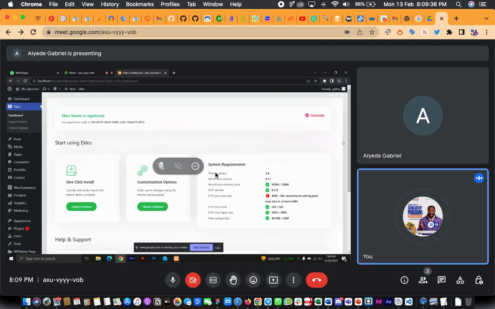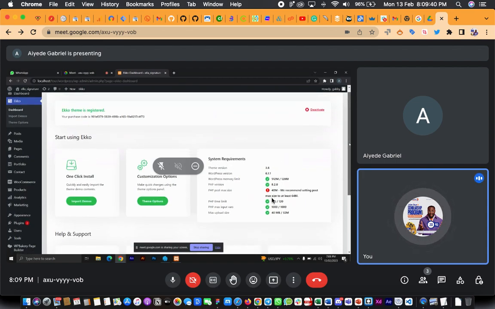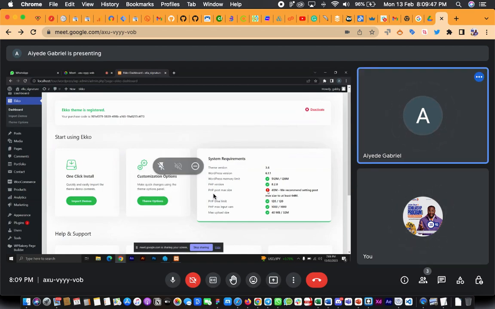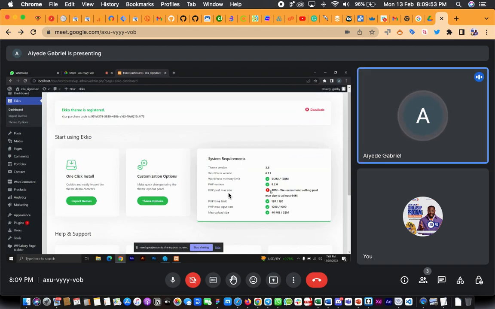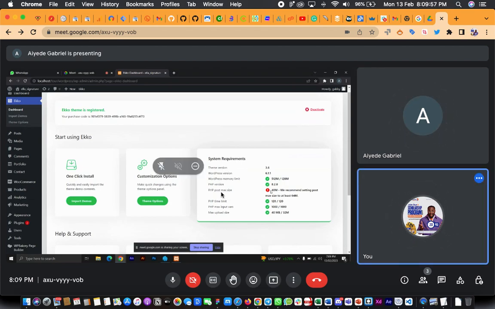Okay. Now check this system requirement. You see there's one that shows red. You see it? What they put in both PHP post maximum size? Copy that line, copy that kind of code, copy it. That PHP post